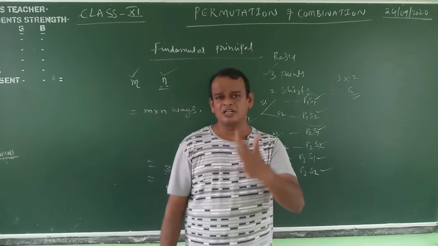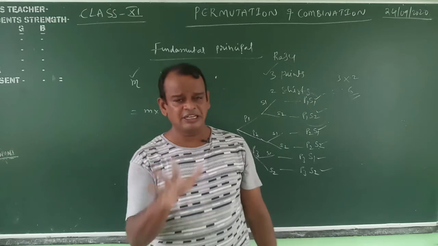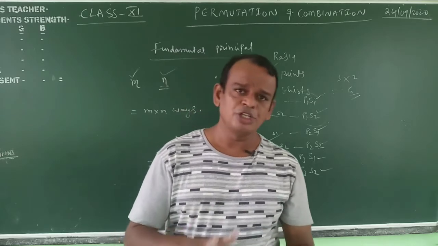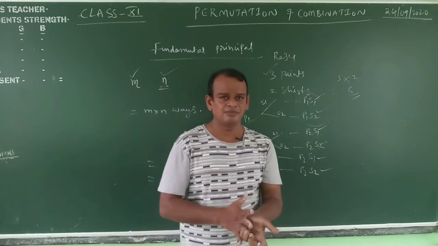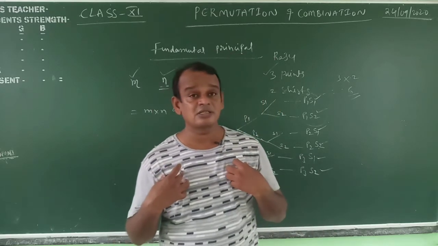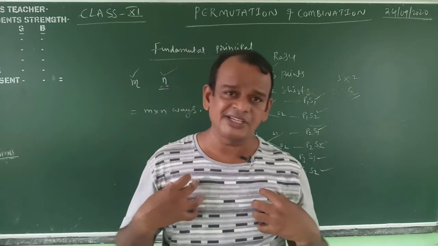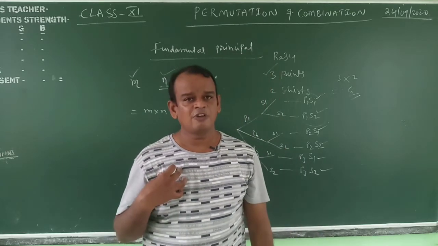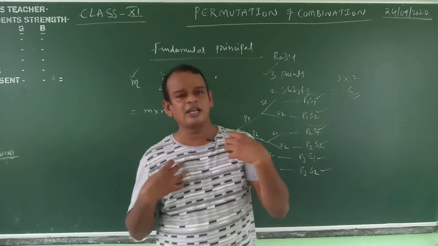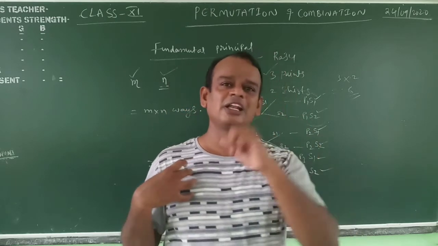Have you understood the question? In your class, 50 students are there. Find the number of greeting cards distributed by every student to everyone. Suppose I am one student in that class. Total students are 50, so I purchase only 49 cards. I distribute the remaining 49 cards to my friends. I cannot find 50 cards because the total number of students is 50. That's why I compulsorily purchase only 49 cards.